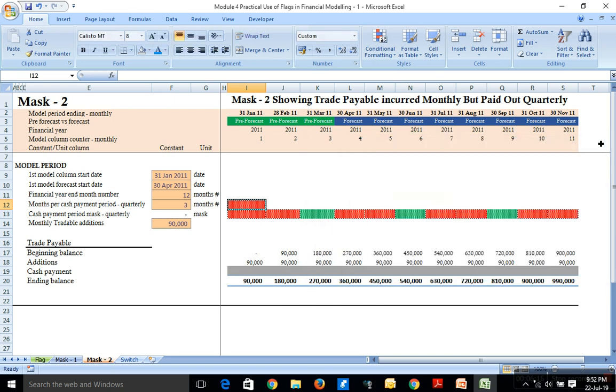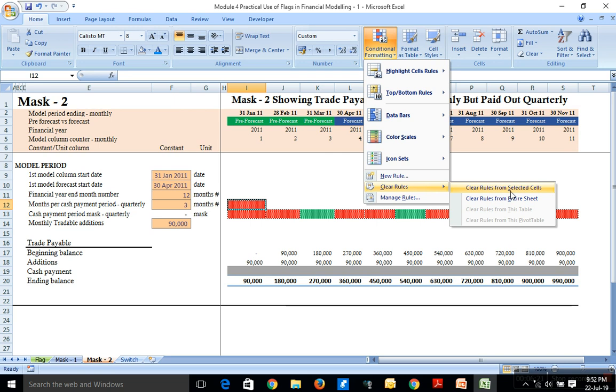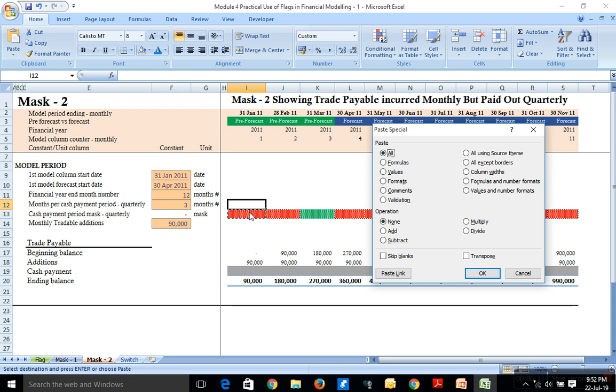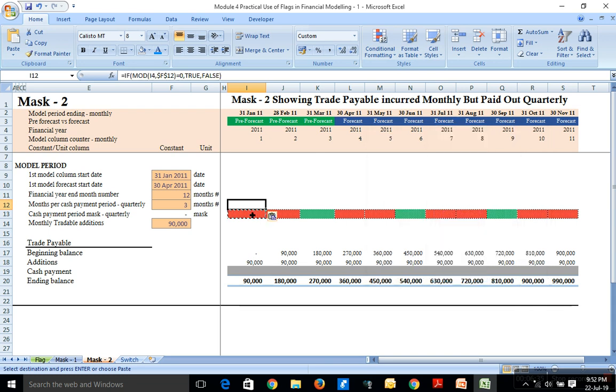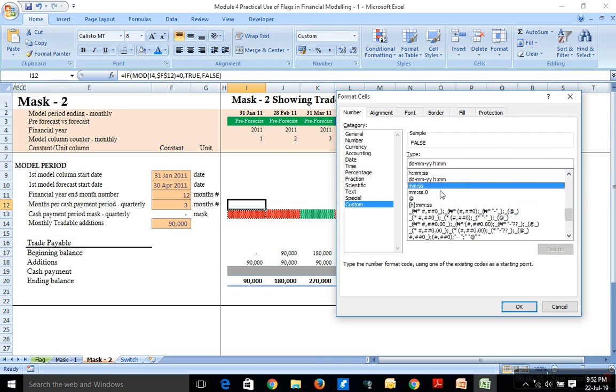Oh, there is a conditional formatting here, so I'm going to say clear conditional formatting in selected cells. Alright, so copy the formulas alone and Alt S and Alt F and enter. It's not copying, so you now have my formula in here, but it's not showing. So Ctrl 1, and I'm going to make it show by changing the formatting to something